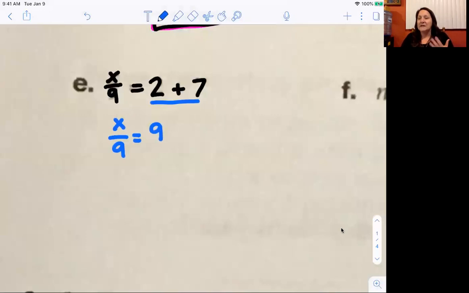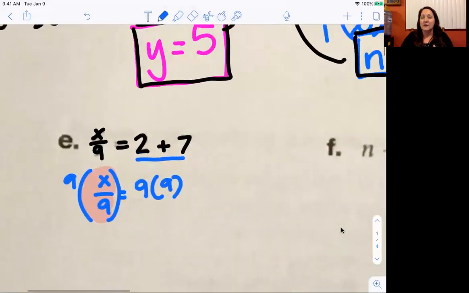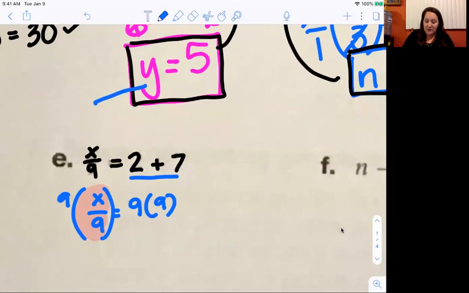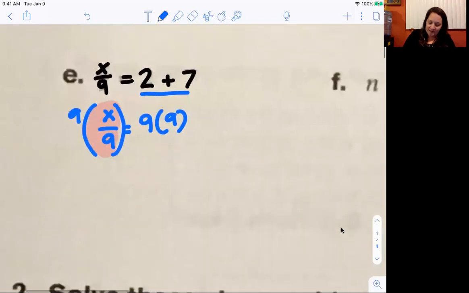Now, we need to solve for that x. And right now, the x is being divided by 9. What's the opposite of dividing? It is multiplying. So we're going to multiply both sides of our equation by 9 in order to isolate the variable x, or to get it alone. Because our goal, just like we've been doing, is to get the variable alone by itself. Okay, let's move on. 9 times,